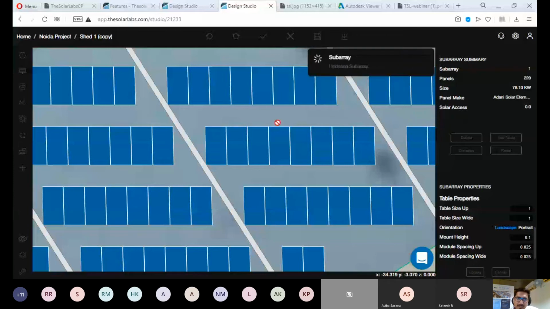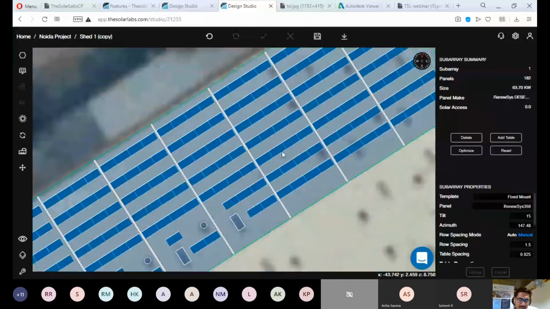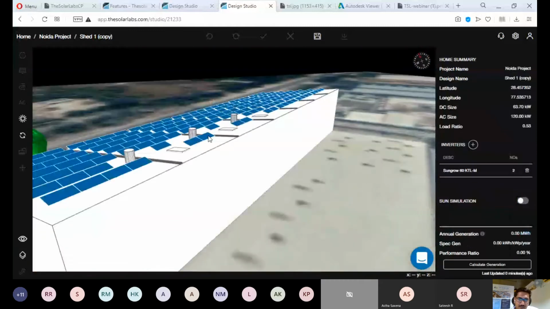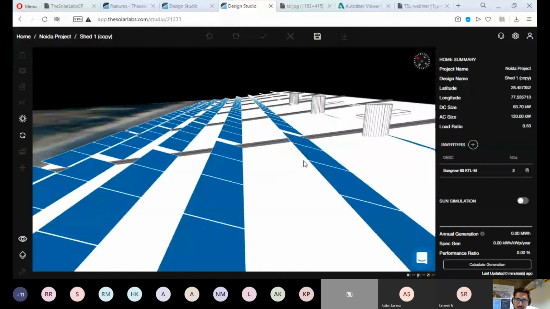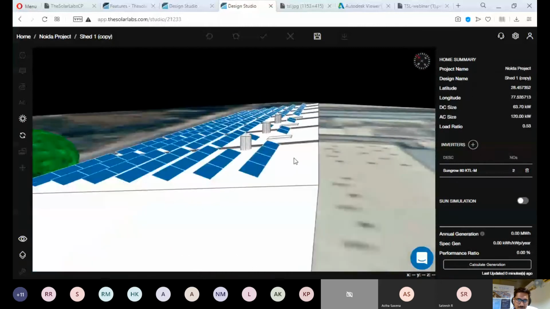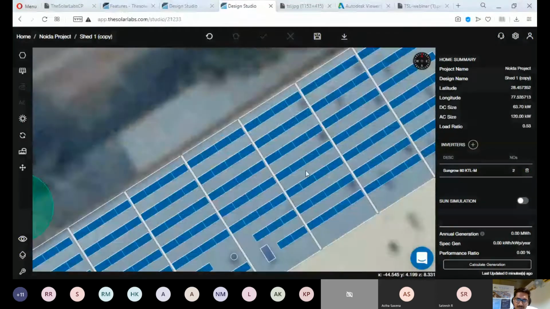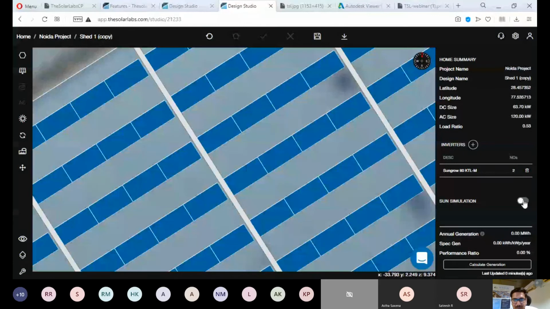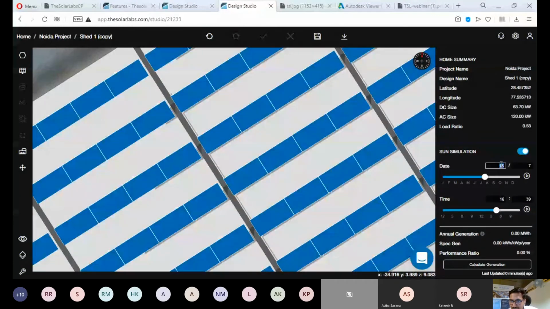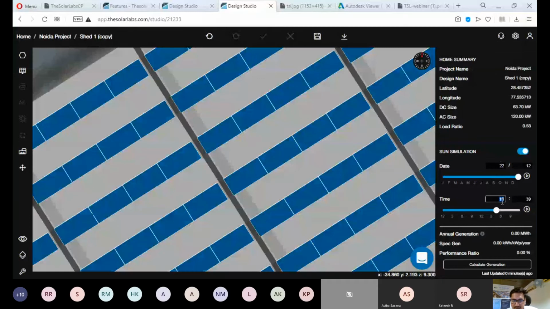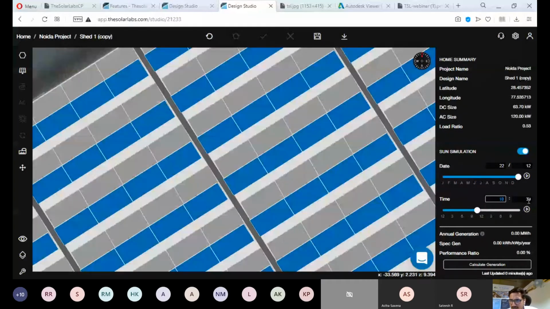So once I click on update, our software creates a layout right now, which is, as you can see in 3D, facing almost in the south direction. So this software can do it automatically, and then you can use the sun simulation tool to test if your design is actually appropriate for the longest day of the shadow, or you can create different parts of